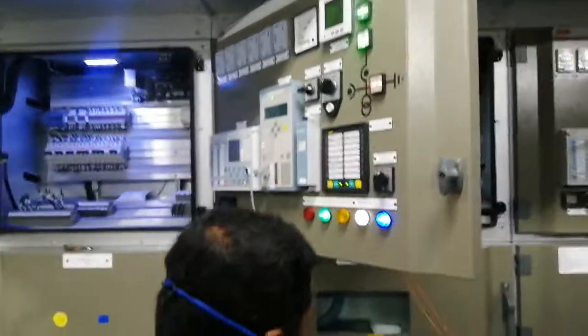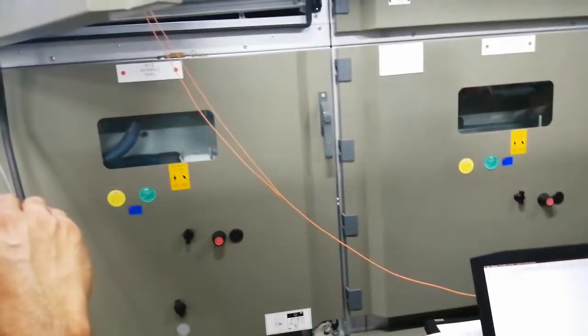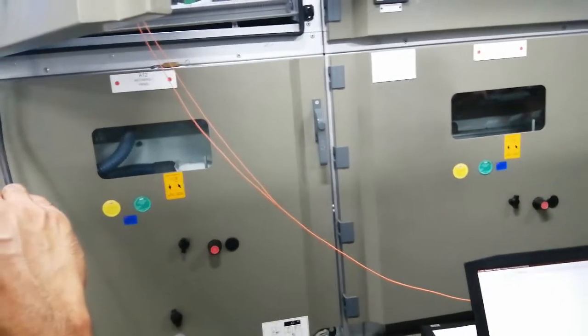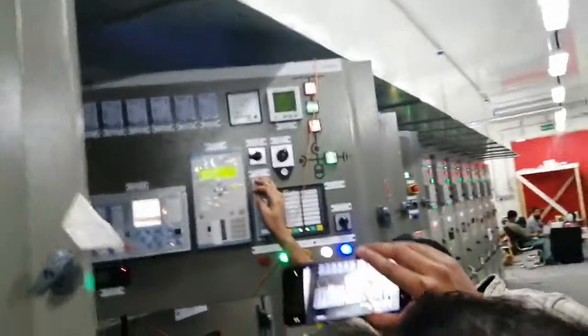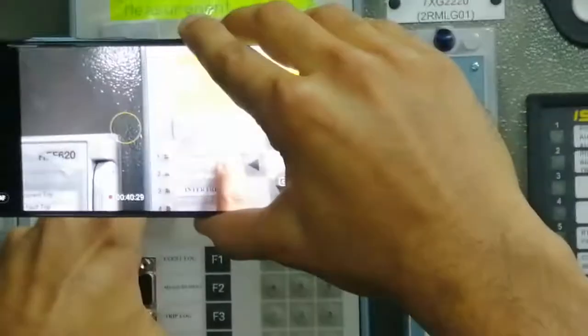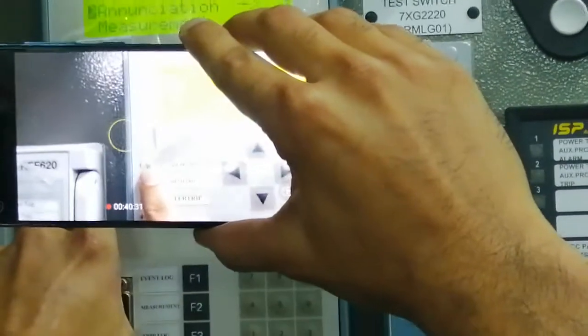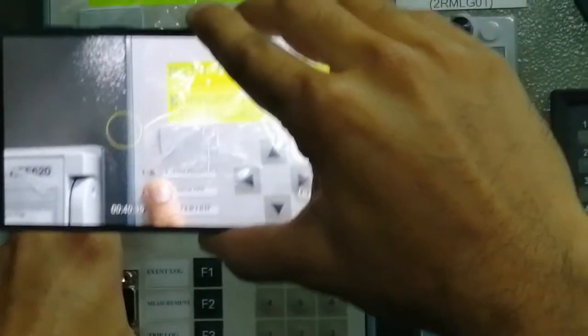Sorry, I will repeat it again. There was some signal interruption. Right now I have closed the 11 kV incomer earth switch. What we are going to check is, in this condition, we should not be allowed to close the 132 kV circuit breaker. If you remember earlier I stated that on the 132 kV Ciprotec relay we have configured an LED for 132 kV CB close permission. As you can see it's not lighted up. So we don't have the permission to close.